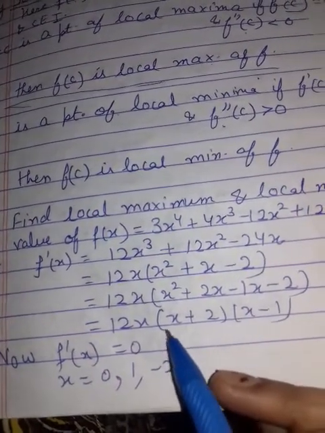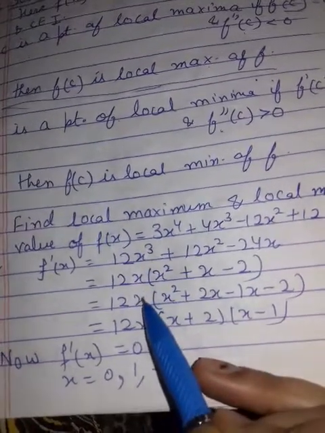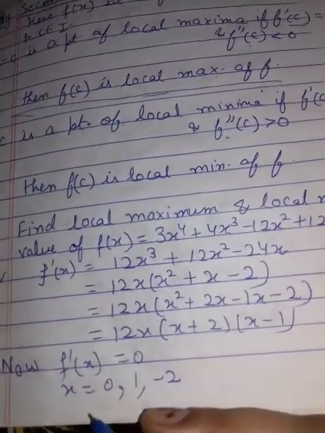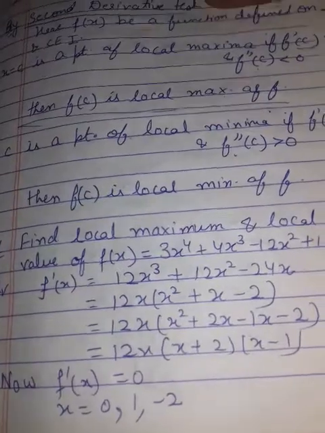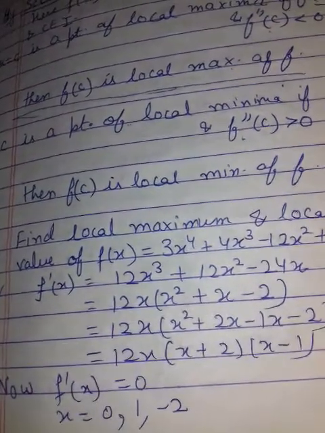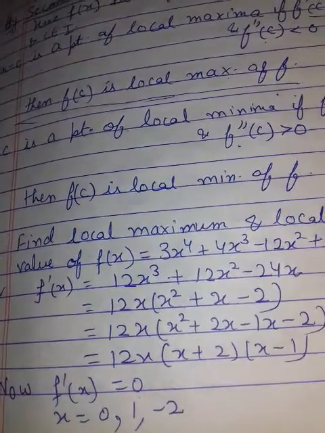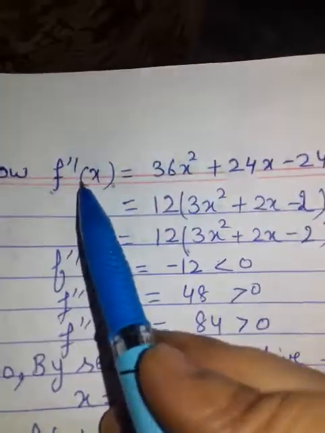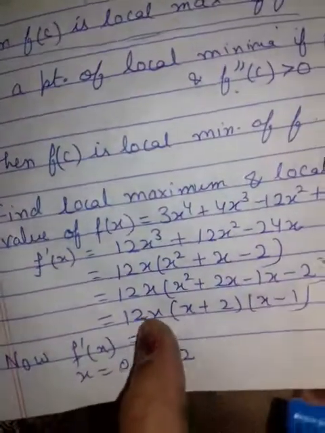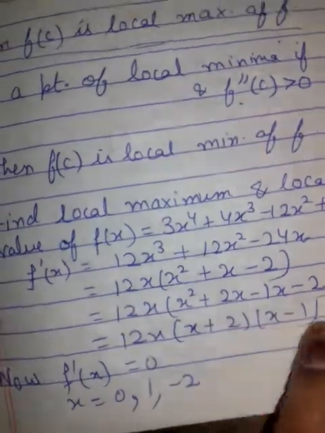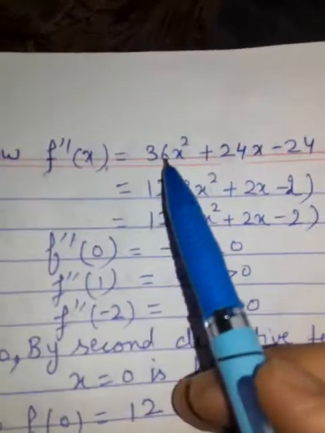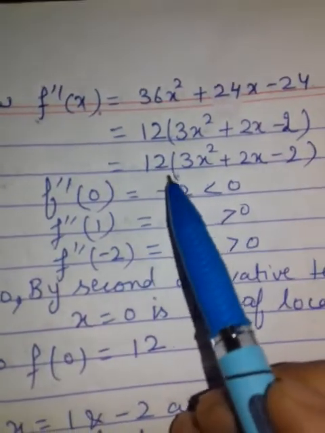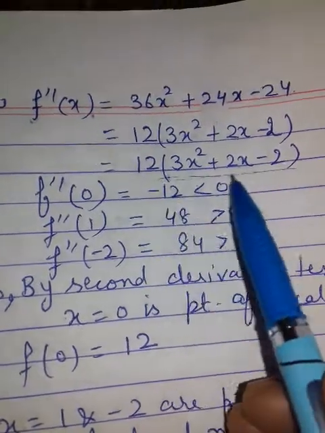Clear? I hope you are getting it. Firstly you take the derivative and put it equal to 0. In the first test also I did this, but after putting the values we took the nearest greater and lower values. But now we will test with the second derivative. I have taken the first order derivative, and now I will take the second order derivative. After that, you are getting this one.